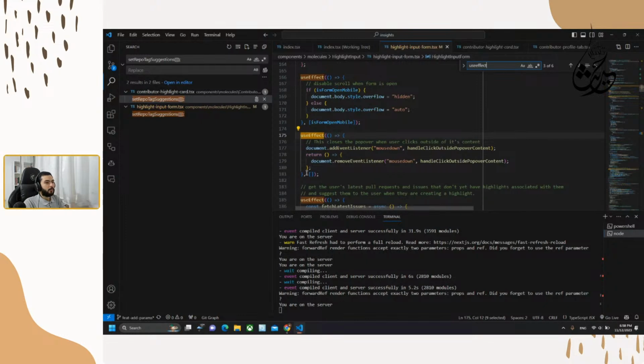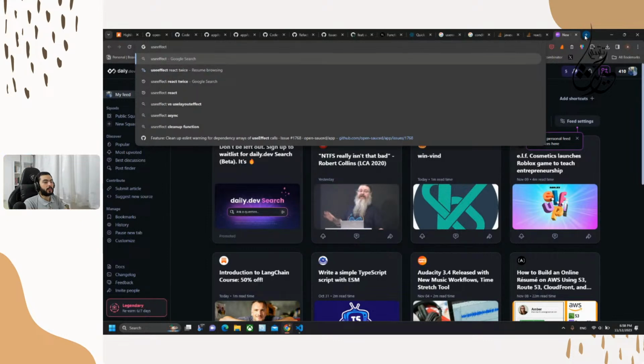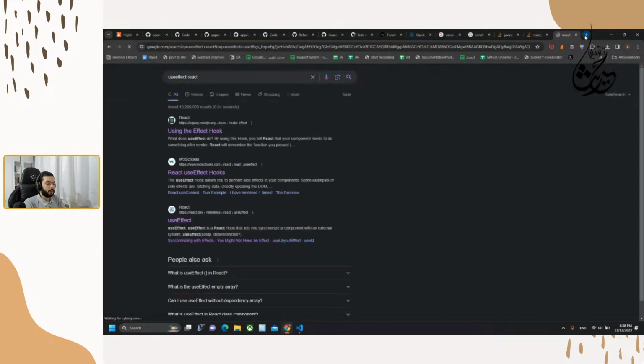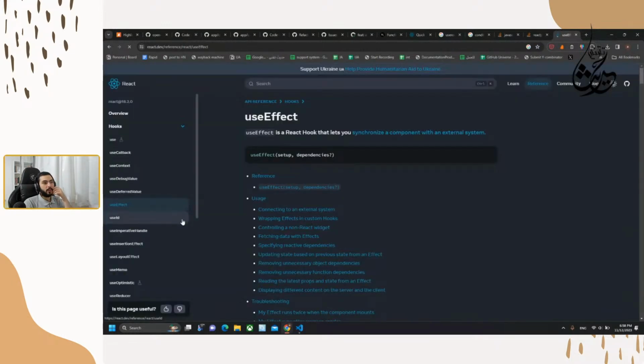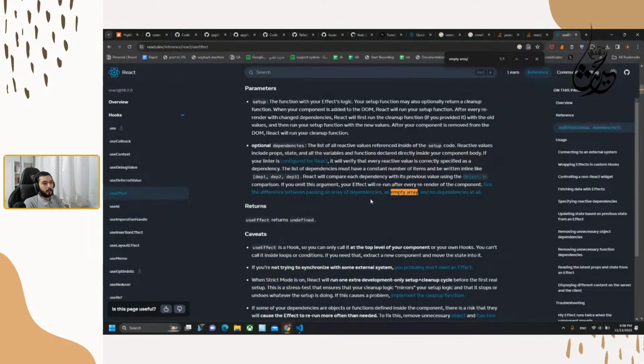When we have an empty array for use effect, does it always work? Let's search empty use effect React.